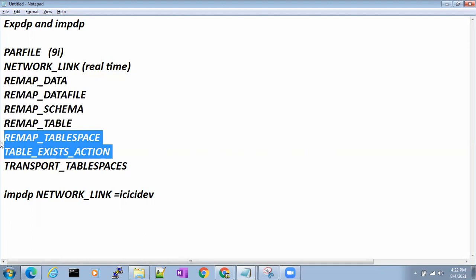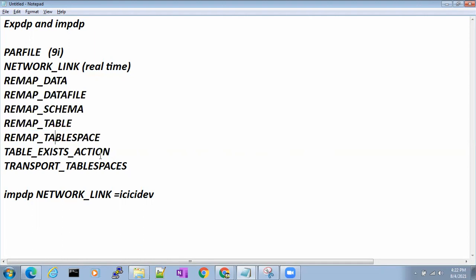Compulsory interview question. I'm telling you again and again, make sure you note this point. Confirm interview question: table underscore exist underscore action. In interview, they will not ask you directly why we will use table underscore exist underscore action while doing import.